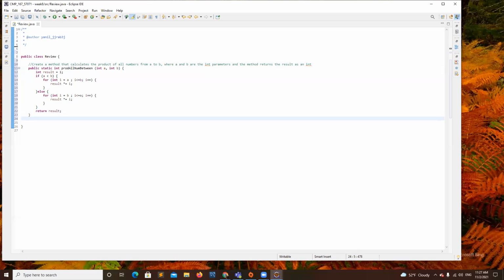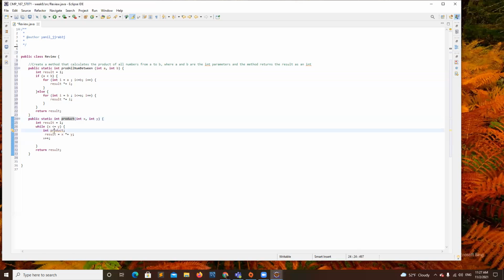This is Muhammad's implementation, and I'm going to put this in lowercase, because the name of the method should always be in lowercase. Now, you have this variable that will hold the product, so you don't need to have this variable created in here.